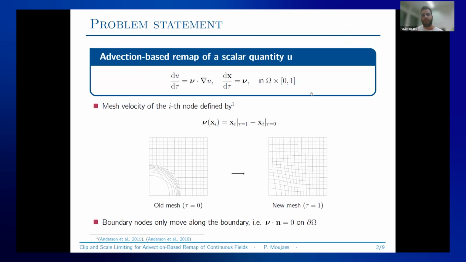We assume this to not skew the original domain, and we define the velocity field of the mesh by the new node minus the original node. So we basically just take the interpolant, and